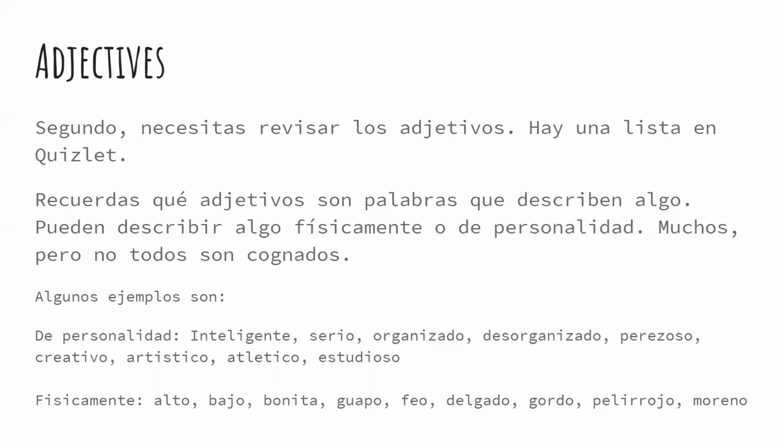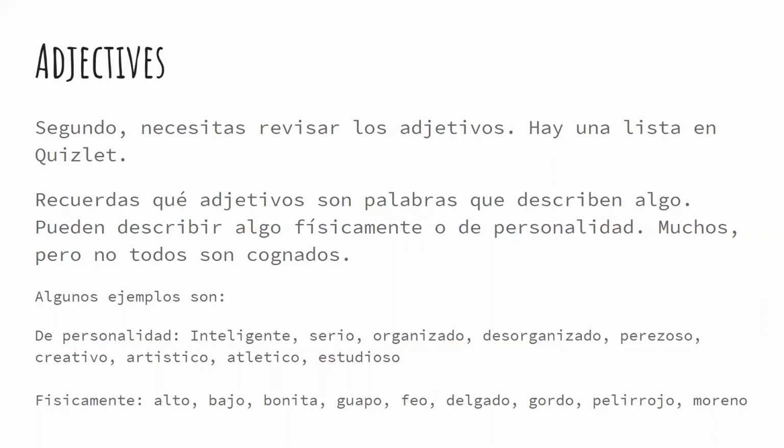So pueden describir algo físicamente o de personalidad. So you can describe something physically or personality traits. Muchos, pero no todos, son cognados. So a lot of adjectives in Spanish are cognates, or words that look the same and sound the same and mean the same thing. So algunos ejemplos son, for personality, inteligente, intelligent, serio, serious, organizado, organized, desorganizado, disorganized, perezoso, lazy,